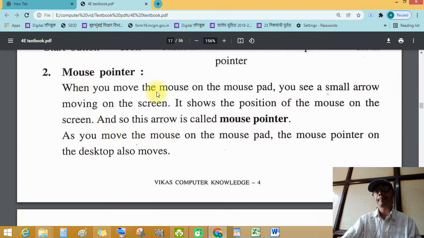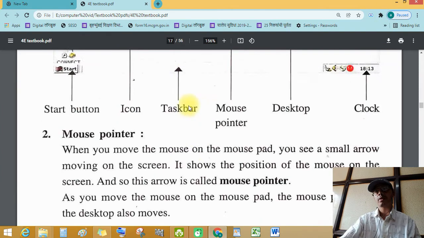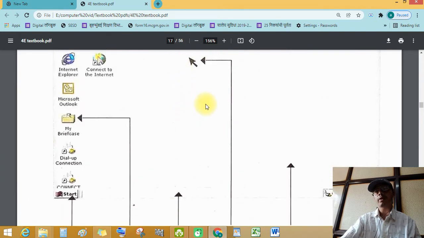Mouse pointer. When you move the mouse on the mouse pad, you see a small arrow moving on the screen. It shows the position of the mouse. See this. My mouse also.